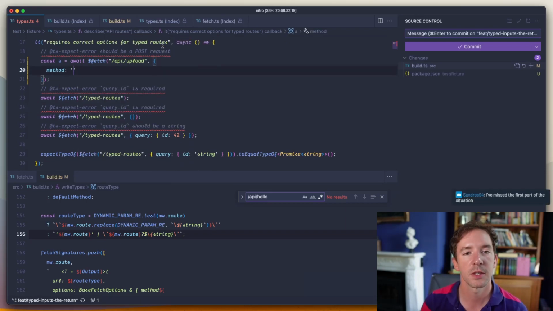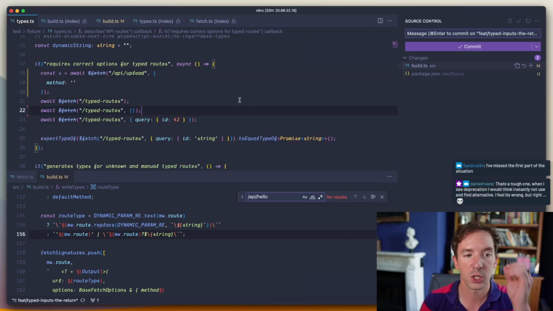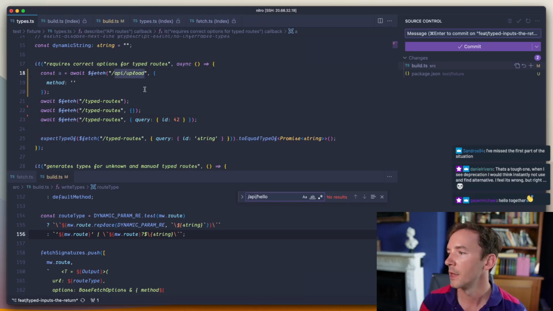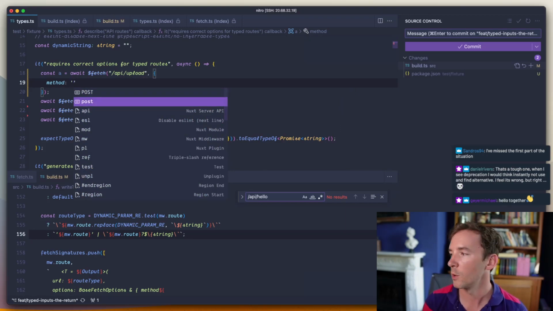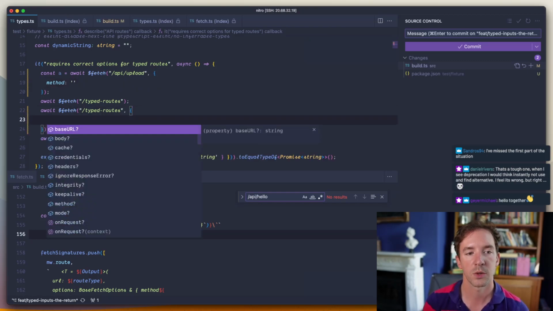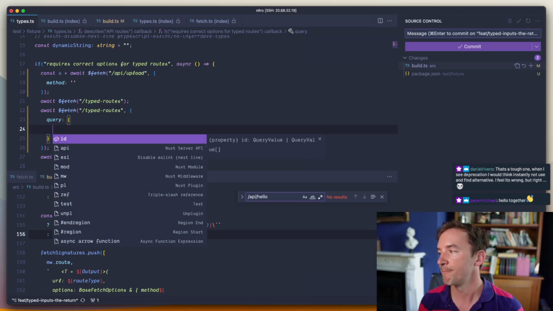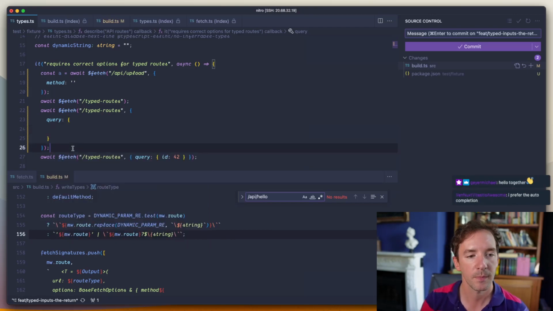Okay, so this is the situation. I can basically do two things. This one is the wrong method, so it needs to be a post method, and it's going to tell you that by drawing a line through it, and then it's going to autocomplete the correct method there. Okay, so that is an option. The same is true for the query: it's going to tell you it needs to be the ID. So you're going to get type support of inputs. You know what it should be. But